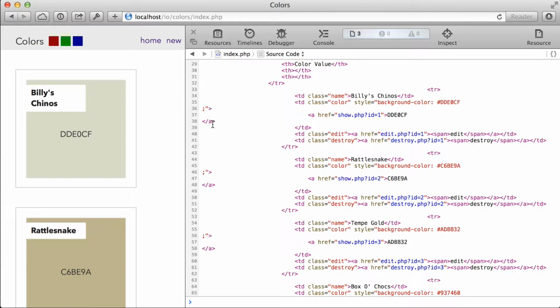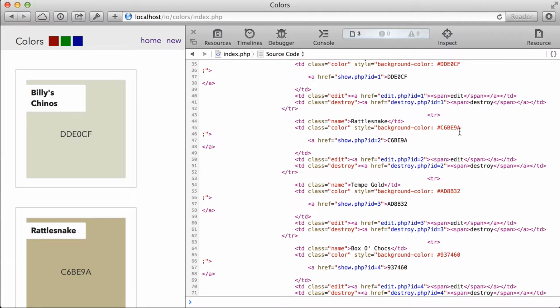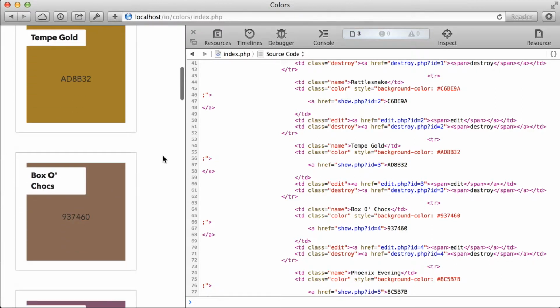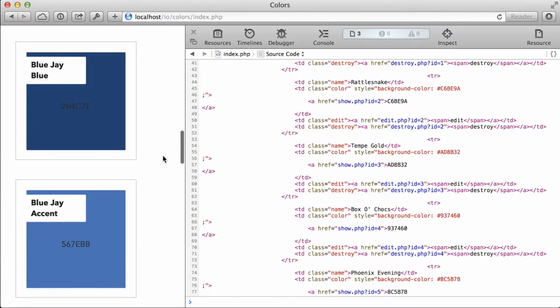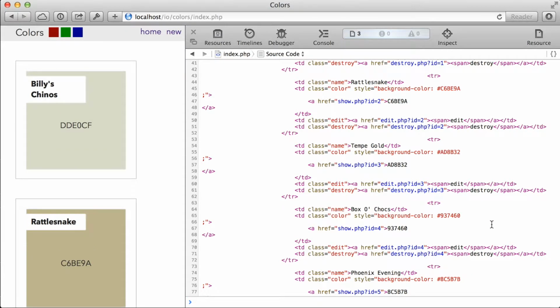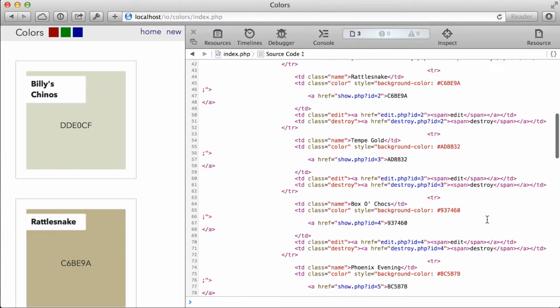And this closing anchor tag is supposed to be here at the end of this color code. If we look through here, what you'll notice is that each one of these color codes seems to have a new line falling in there behind it. That's not making any difference in the way it's rendered in the browser, because the browser is basically ignoring that extra white space. It does make the generated code a little bit uglier, but that's not exactly the end of the world.